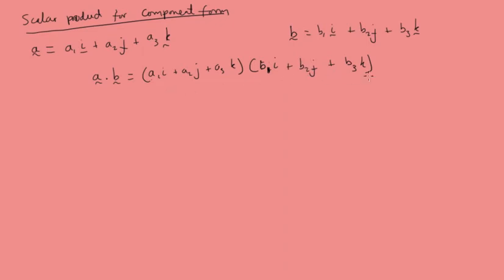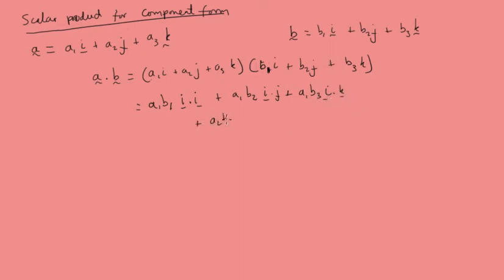That's a big horrible thing with three coefficients in each of the brackets. So I will write this out. I'm not going to do all the working, I'll just write out the actual answer. A1b1 i dot i, plus A1b2 i dot j, underline the vectors just to make them stand out, plus A1b3 i dot k